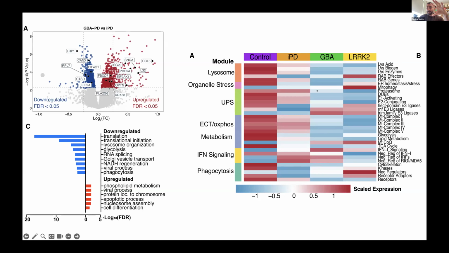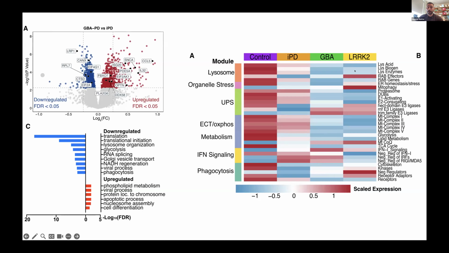And this figure highlights how the expression of certain gene sets, for instance, the ones associated with lysosome acidification, lysosome biogenesis, and lysosomal enzymes, follows a graded downregulation across PD subtypes, with some downregulation in sporadic PD and a stronger downregulation in GBA1 PD, often also stronger than in